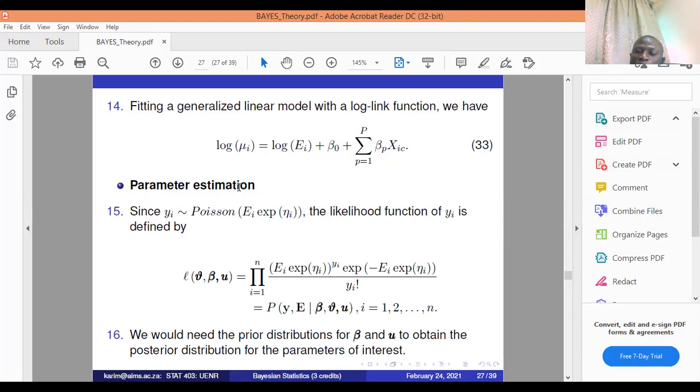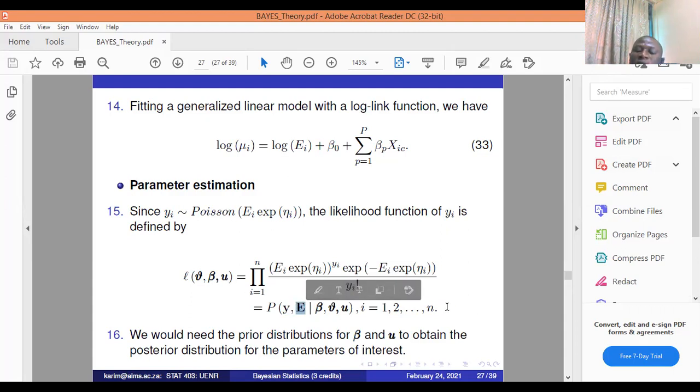We need to know the likelihood function, which is here. We said that it has a Poisson distribution. So the whole of this is lambda to the power y, exponent of minus lambda, divided by factorial of y. Here our lambda is e to the power theta i, exponent of minus theta, which is the expected cases, and then exponent eta. And that means we need to know the data, we need to know the expected cases,